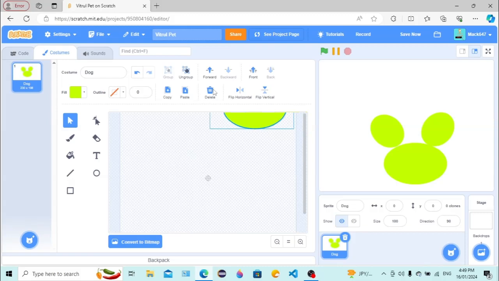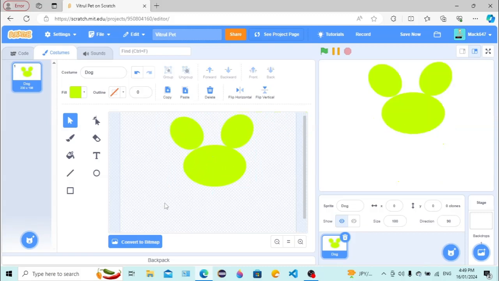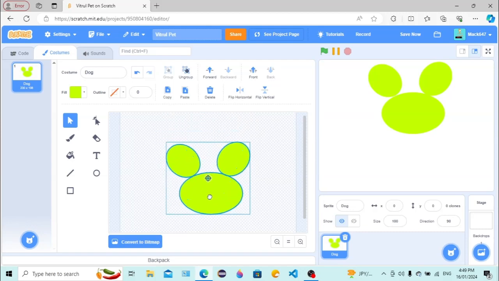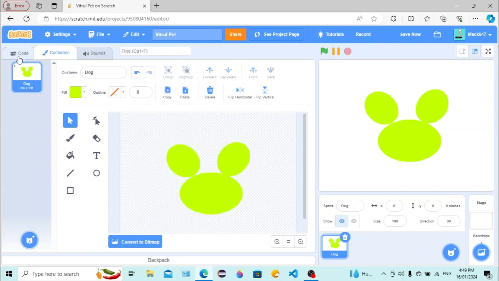Okay, once you're done with your sprite, either select around it or press Ctrl A. After that, you want to snap it to the center of the canvas, click off, and go to our code